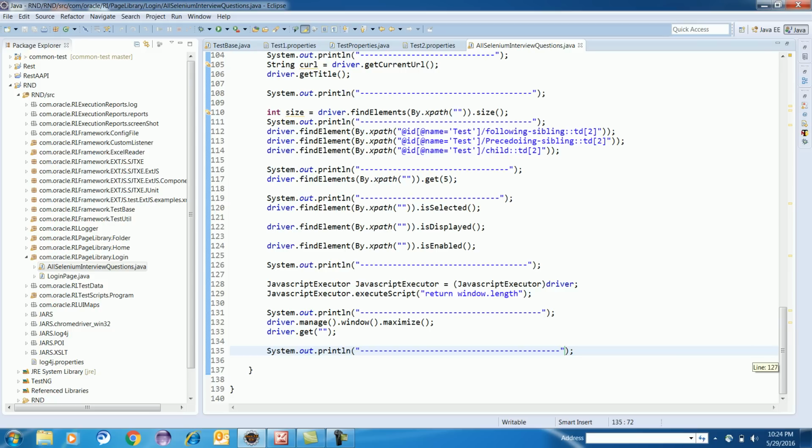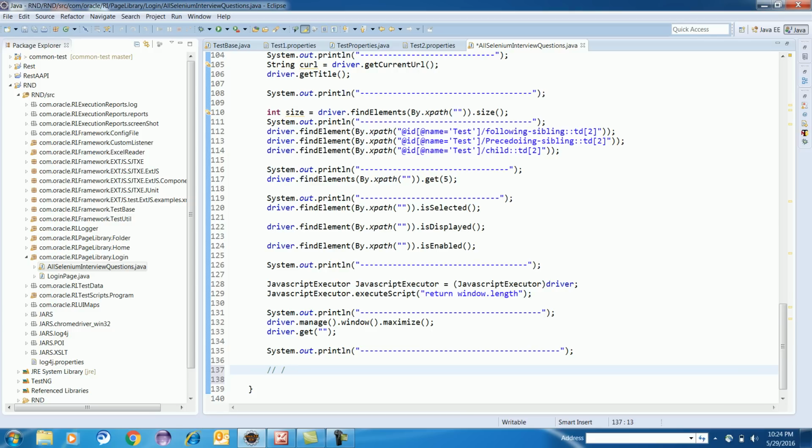Sometimes they will ask you in Selenium what is the difference between double slash and single slash. So double slash is a relative path and single slash is an absolute path. This is the difference. Then they will ask you about wait conditions. Anything which I am missing?